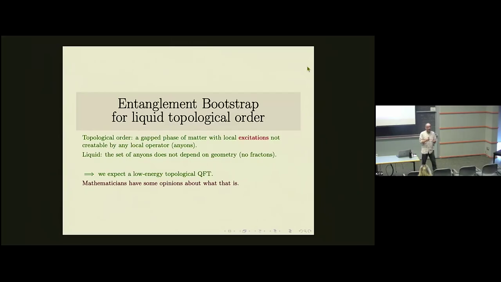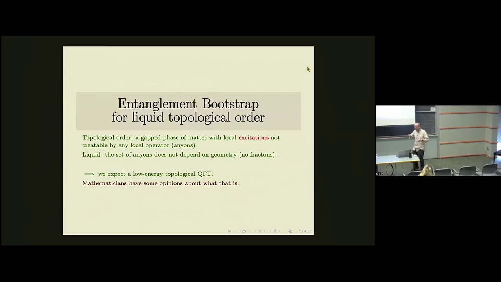It seems to do a really good job of being a sort of container for the information about such a liquid topological phase in 2+1 dimensions. But it's sort of an empty container that needs to be filled with physics information. In the case of higher dimensions, say 3+1 dimensional topological phases, the mathematicians also have opinions, but I would say that it's much less clear whether that's really what describes the low energy physics of liquid topological order in higher dimensions. And so I think in that case, there's really more room for us to learn something about